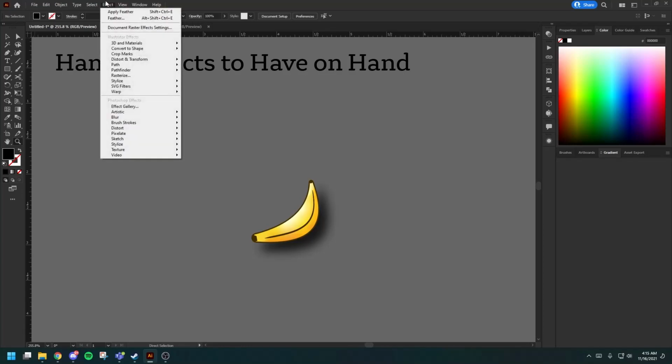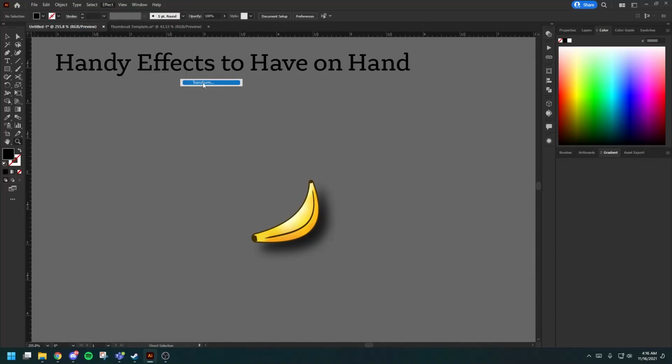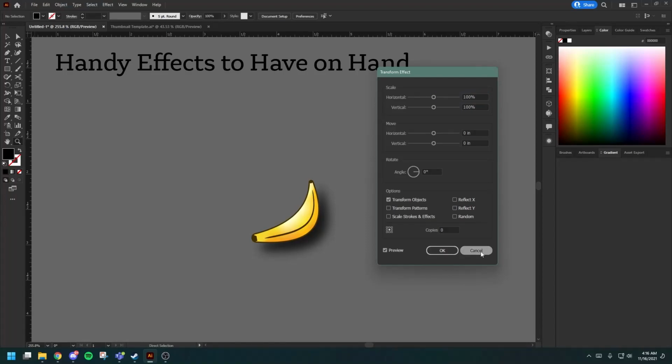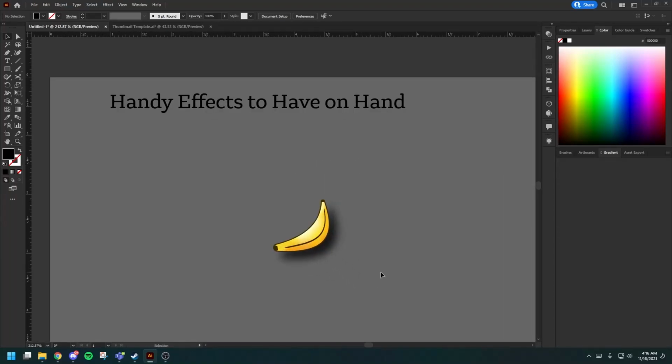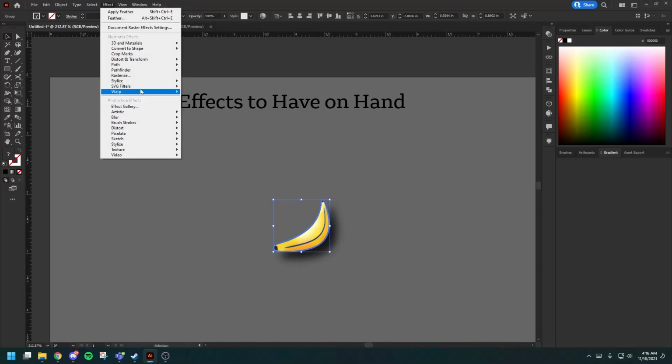We will keep that at that and then look at the real meat and potatoes, the real bread and butter of the effects that we'll be looking at today, which is transform within the distort and transform part of effects. We'll go ahead and apply this. Forgot to select my banana. We'll take this nice banana that I've made in the previous